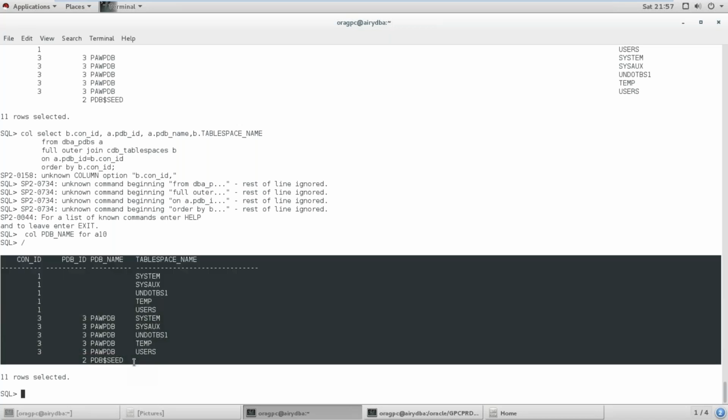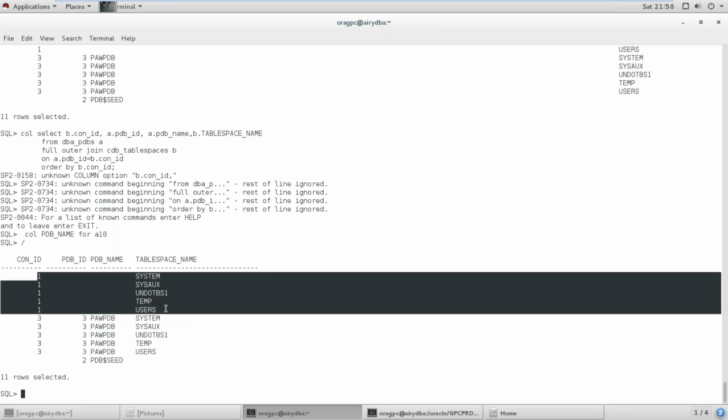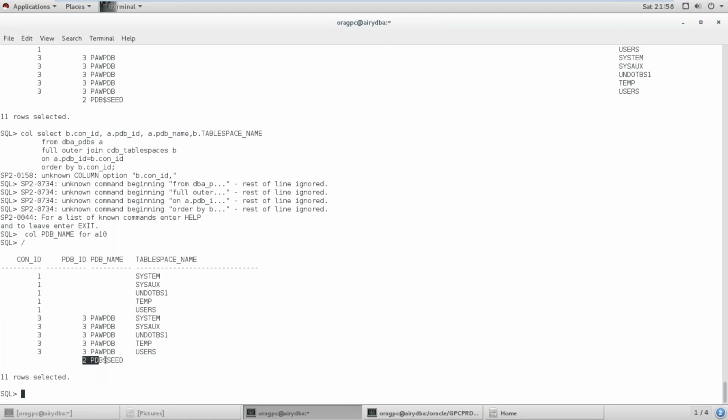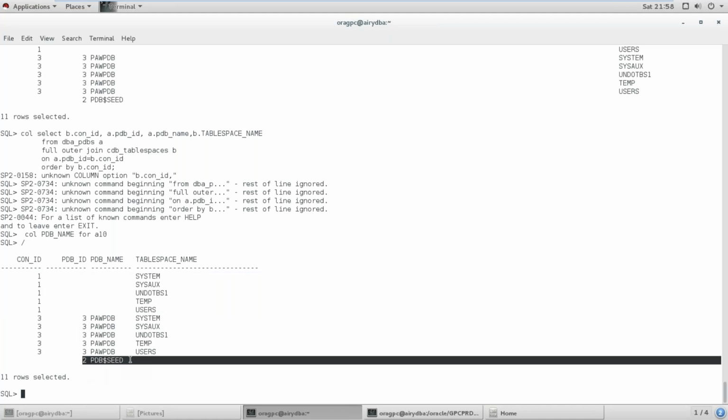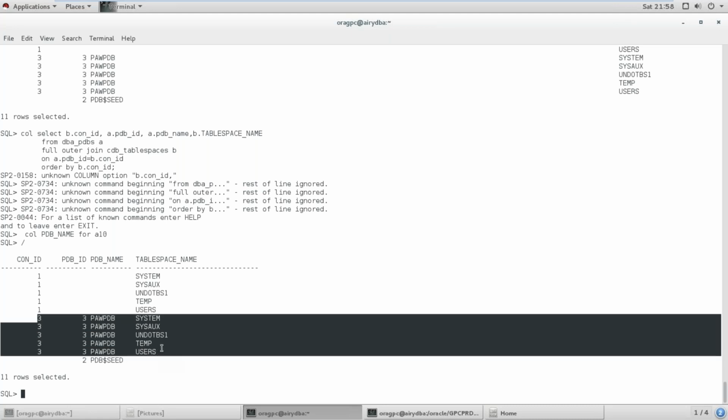because that is the root database. That is the main database that is connected to all pluggable databases, and all pluggable databases put their common information into that container database. So the container database can access each and every pluggable database. You can see this con id 1 is for CDB root, and con id 2 is for PDB seed, which is only used to create or clone the pluggable database. And the user-created one, I have created, is a pluggable database whose name is